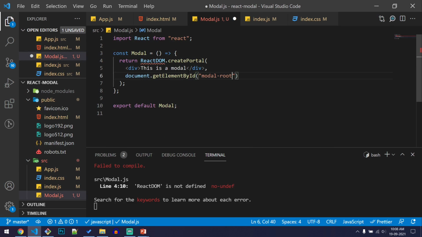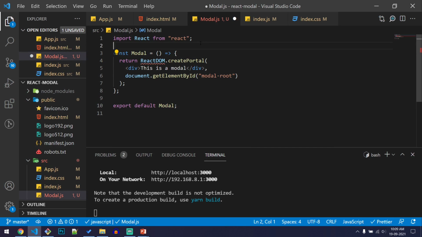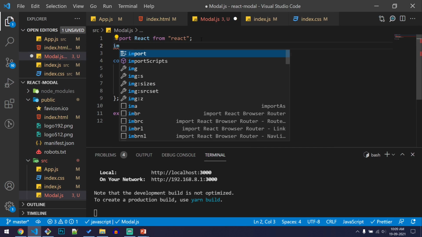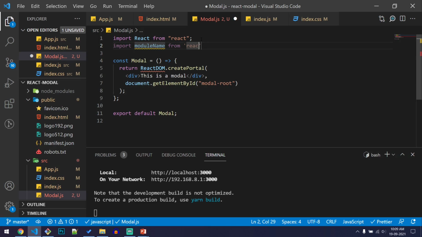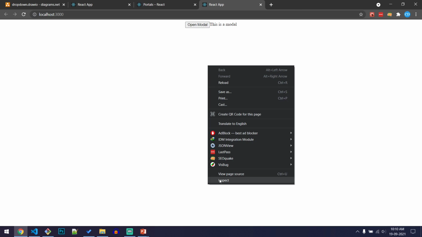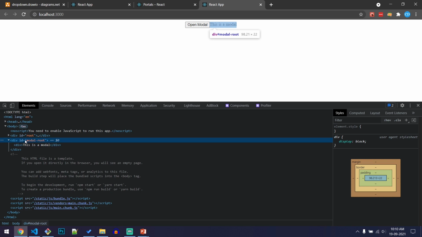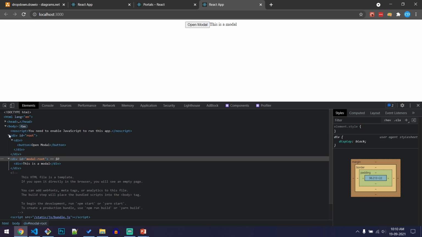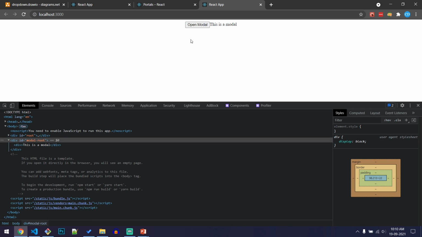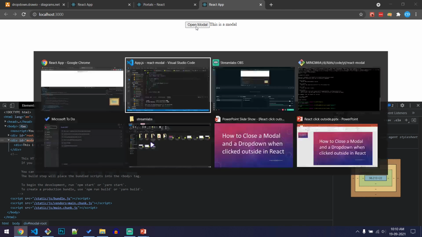We'll just paste it here, and let's import ReactDOM from react-dom. Now if you see, nothing has changed, just the alignment has changed. If you inspect and see, you'll see this modal text has mounted inside this modal-root div, not inside the root div.